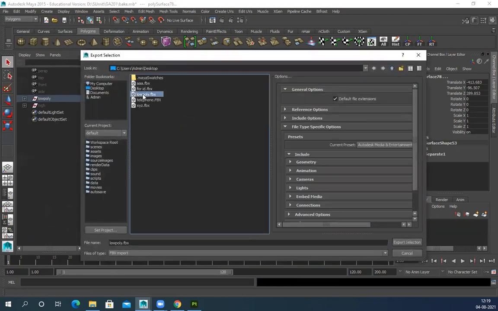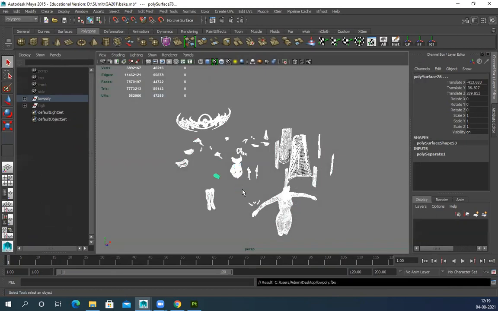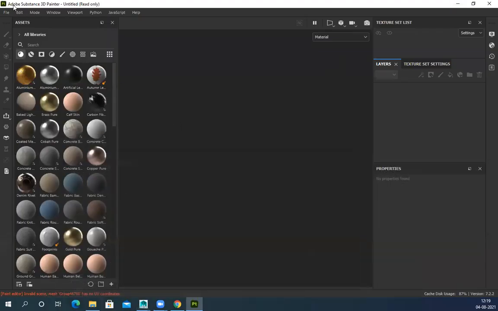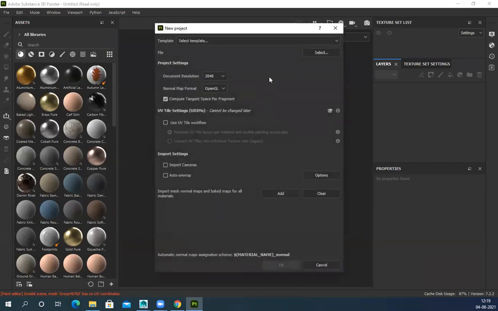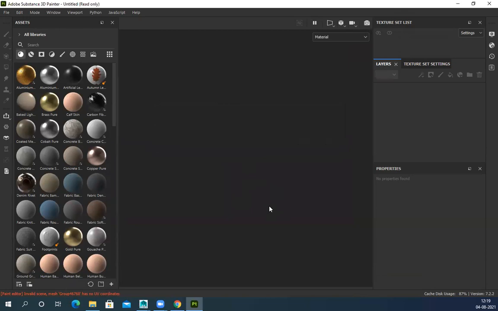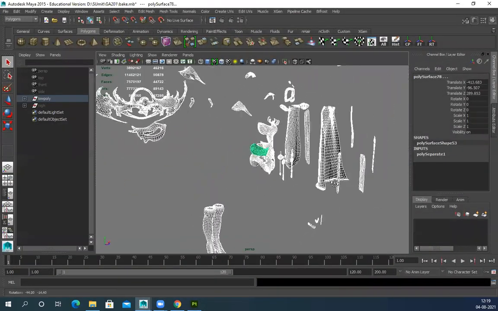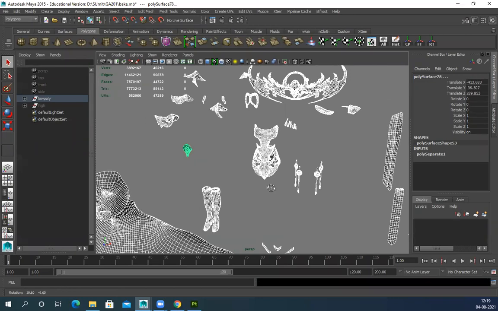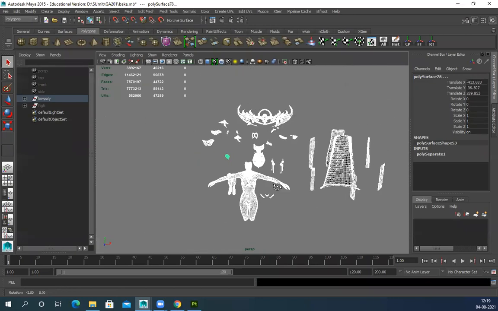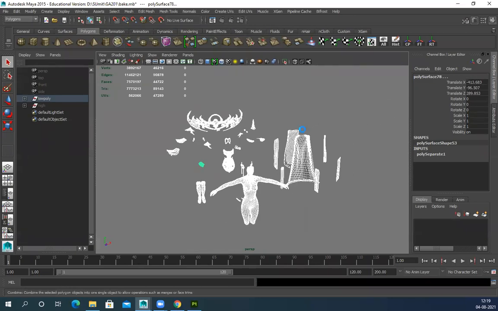Export selection, low poly. So all those hidden parts don't have UV. Discard. Same problem showing. Everything as far as I know has UVs. Let's combine it.